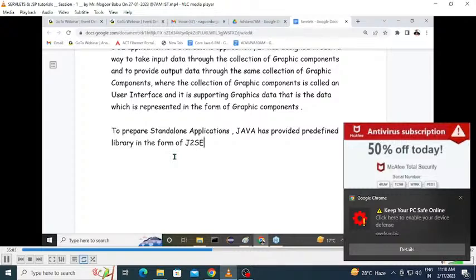That J2SE includes a number of packages. Observe carefully. So Java has provided a predefined library, or a predefined module, in the form of J2SE,